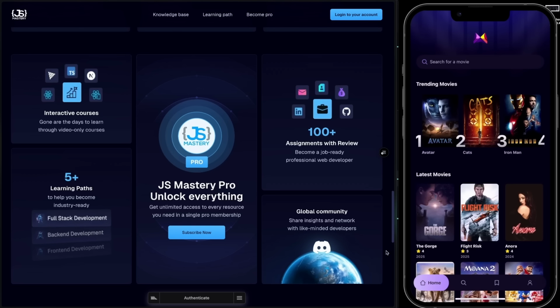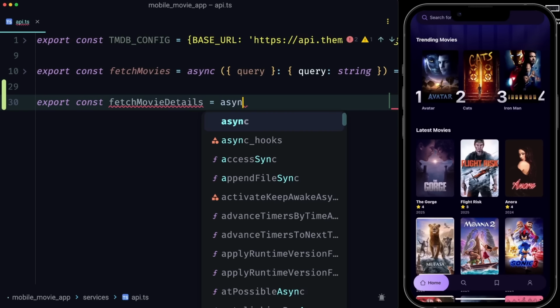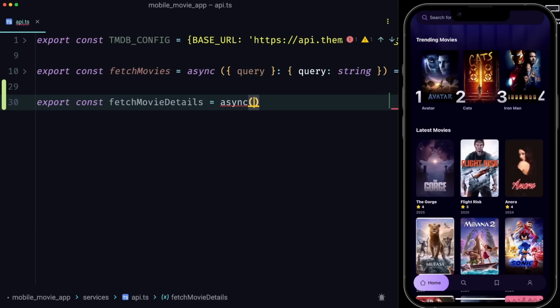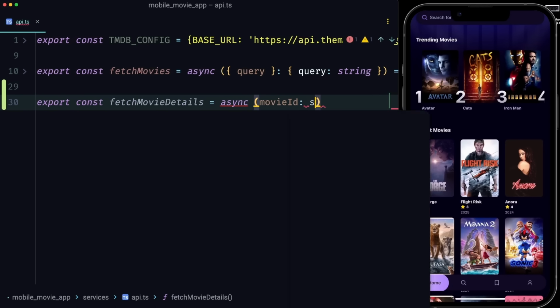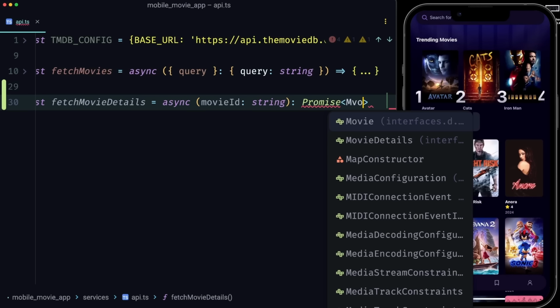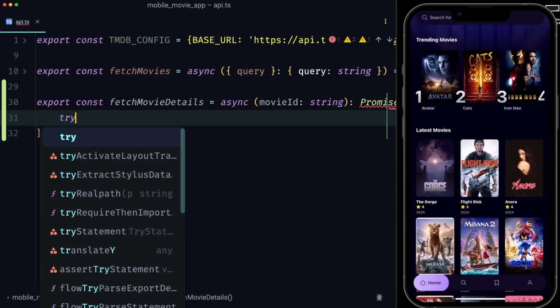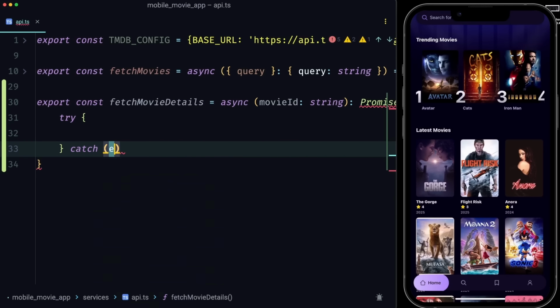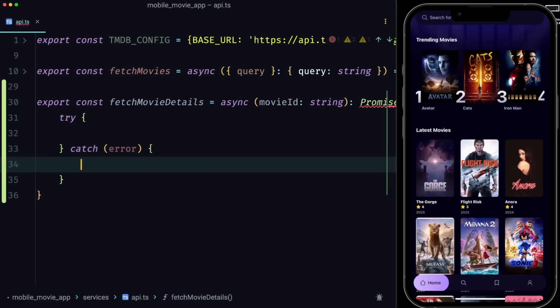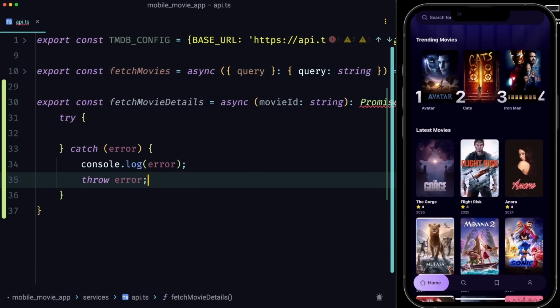API.ts, and right below fetchMovies, we want to create a new function, export const fetchMovieDetails. It'll be equal to an asynchronous function that simply accepts a movieId of type string, which will return a promise that'll ultimately resolve into MovieDetails. And now we can open up the function block. I'll open up a try and catch block. In the catch, you know the drill. If there is an error, simply console log that error and throw it,